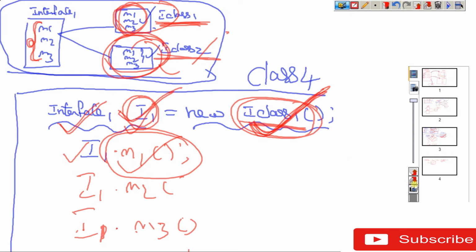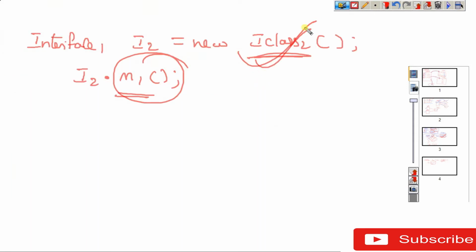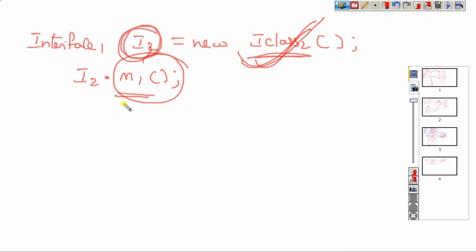Understood? What is the syntax? Interface reference equal to new class name. Inside the class, the methods related to the interface are the ones you have the capability to access. Yes, all of you understood?